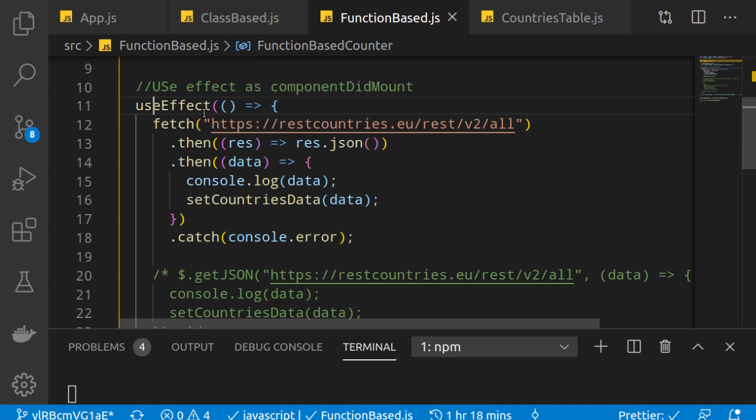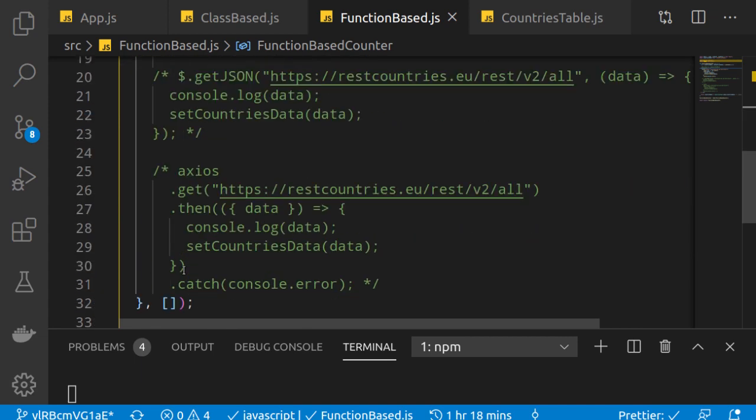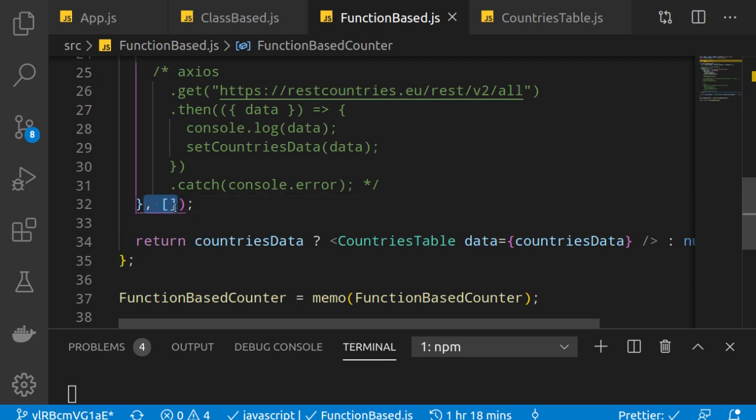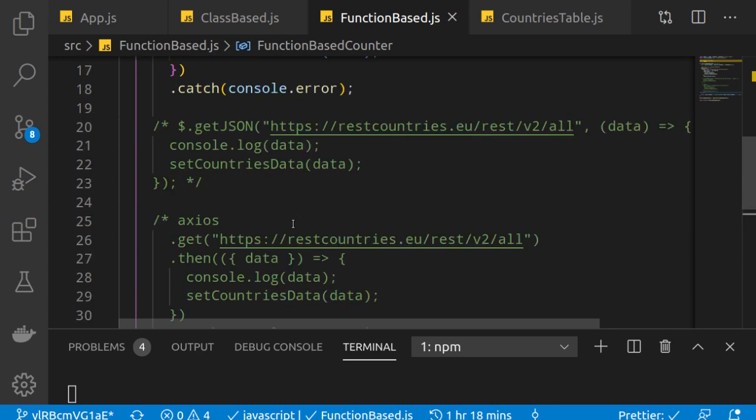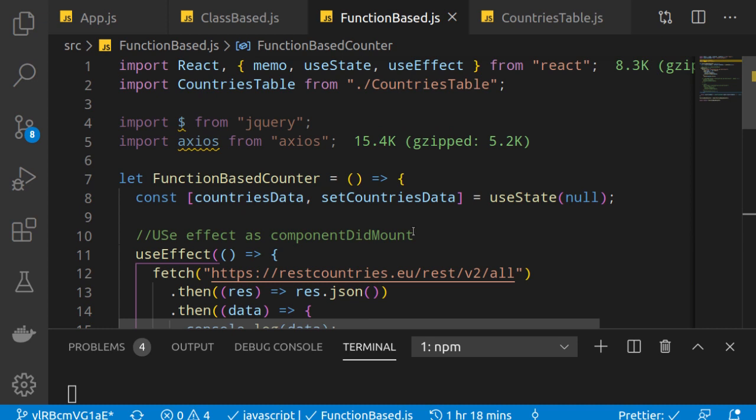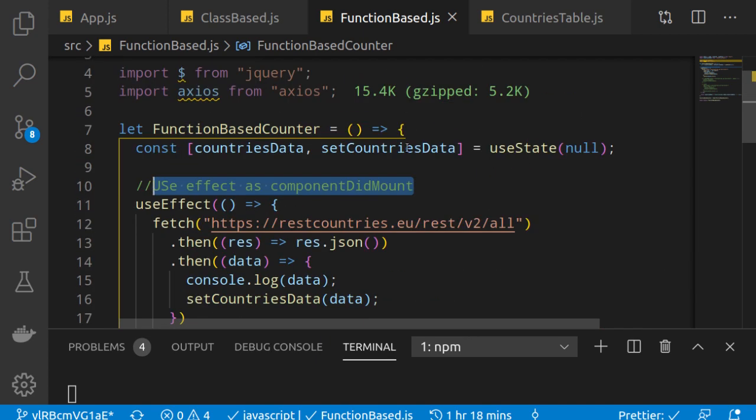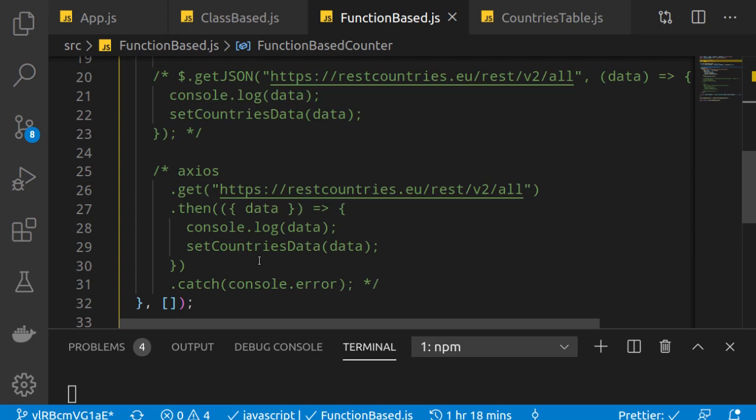This is the useEffect hook, and the important point to be noted is that we have passed this blank array. What does it mean? You can see it in my previous video, but this blank array means that we are passing no dependencies, so this useEffect will work like componentDidMount, meaning it will only run once when the component mounts. On subsequent updates, when we update the state, it will not run, because useEffect is made to run on every render, but we can stop it by passing this blank dependency, right?